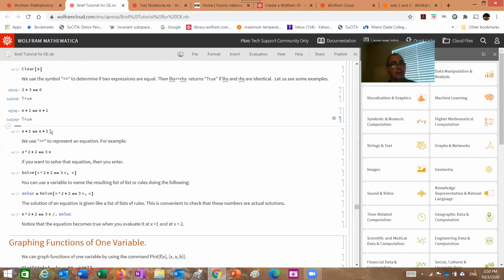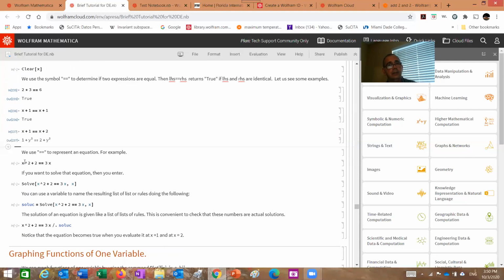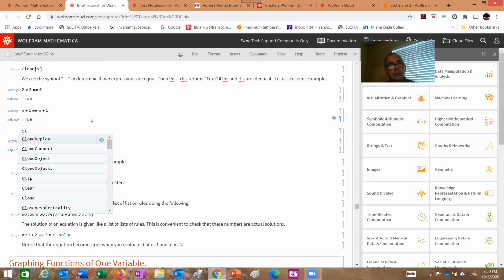When I put x plus 1 in the left side and x plus 2 in the right side, and I press Enter, it doesn't return anything. Well, in this case, it returns the expression for dx. Dx is a y to the third, and then 1 plus, it returns the same equation again. But in this case, replacing the x by the y to the third. Of course, if you clear the dx again here, if you clear dx,